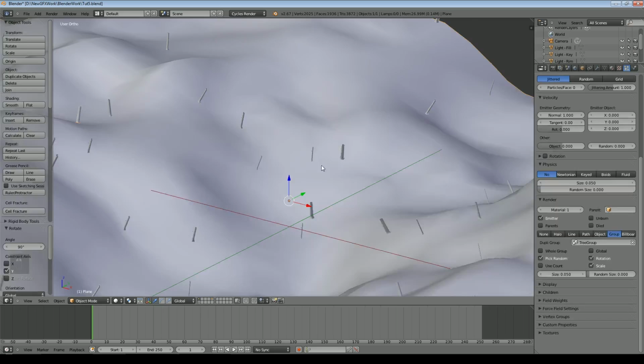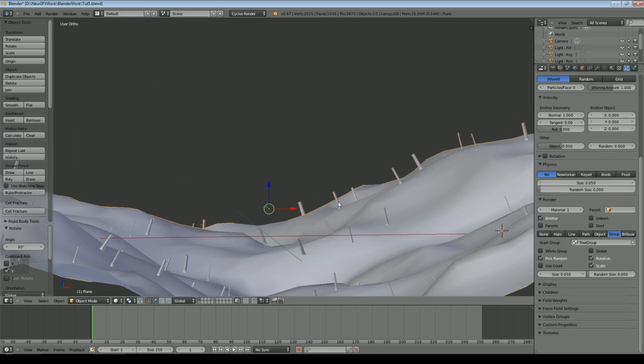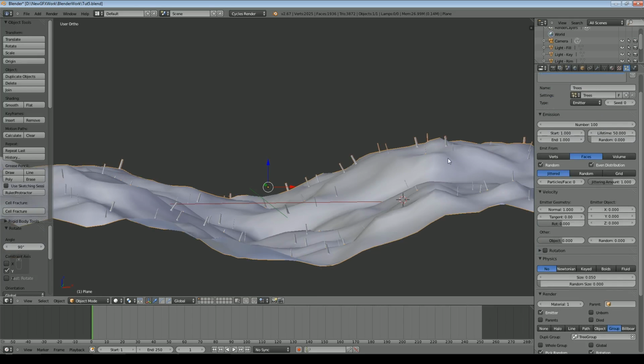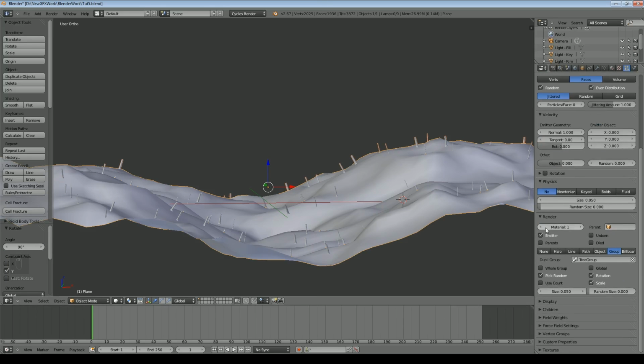So we come back to this layer. Now they're obviously a little on the small side, and they're also just coming out at the normals. Now, while small plants might be affected by the slope and so on, with this gentle slope, trees much less so. So it's up to you. You can use the slope if you want to, but I think trees at this sort of angle would look a bit strange. So I'm going to make them a bit bigger first of all.